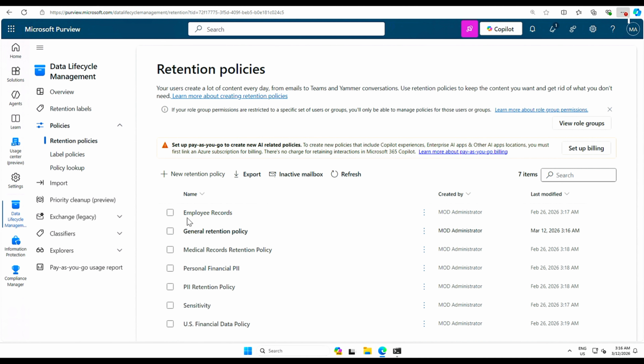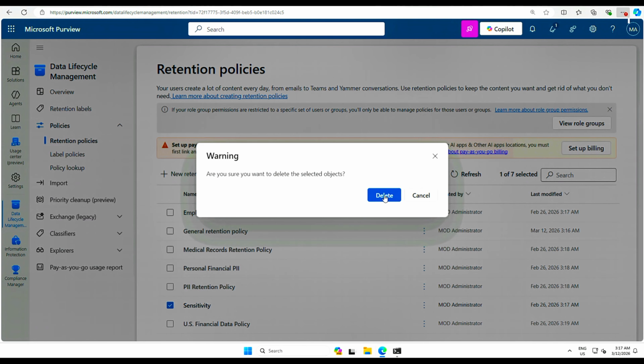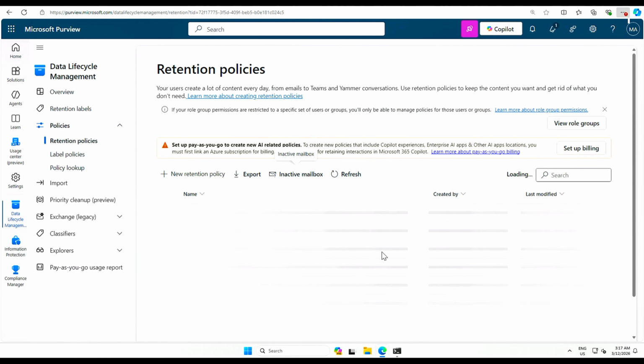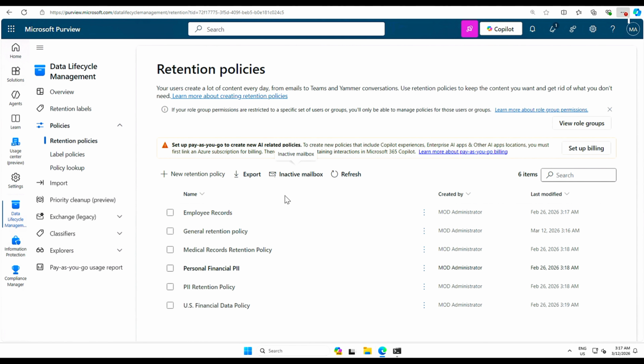You can see there are other retention policies available, and we can delete those one by one. For example, if you don't want anything, you can just select and delete. I cannot see a multiple delete option, so you can delete all other policies. Now we will go to task 3, which is to create a retention label. For that, go to Solutions, and under data lifecycle management, select